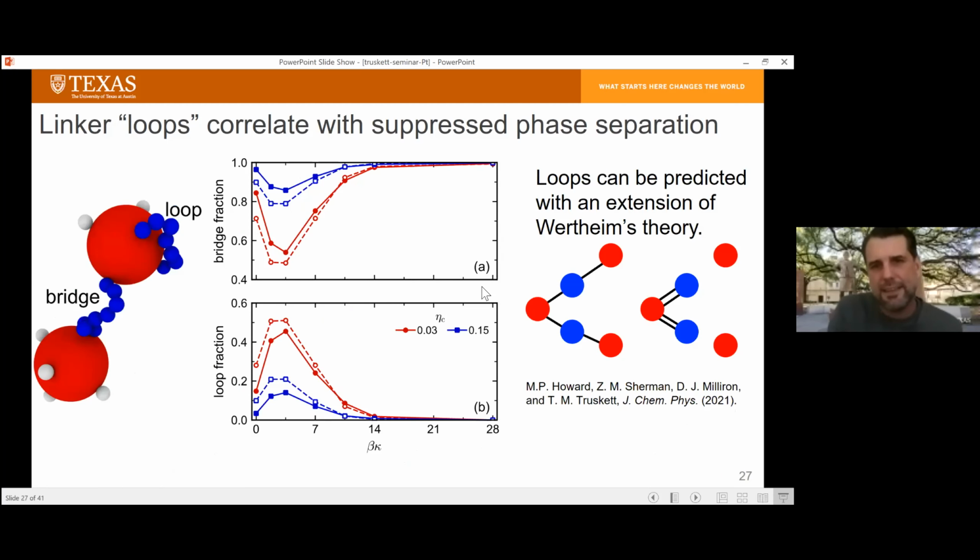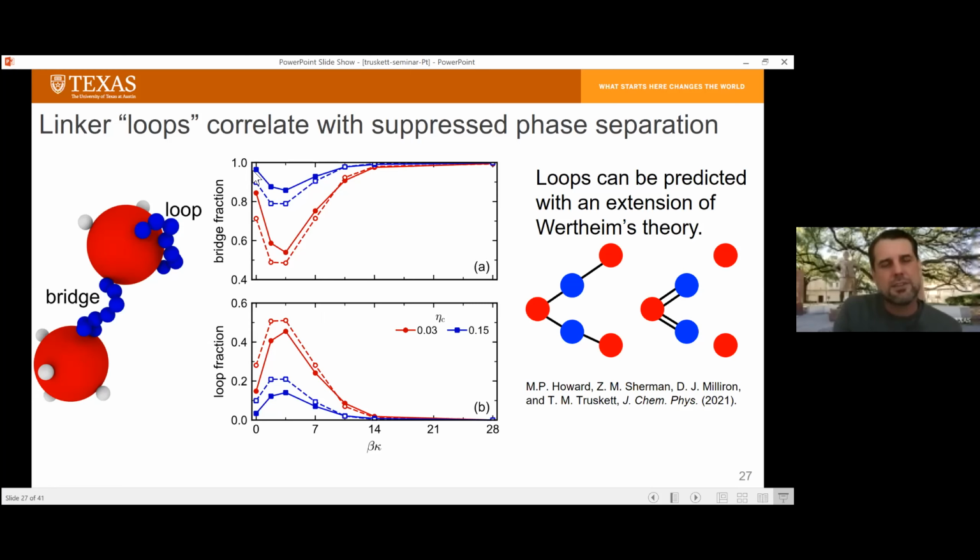And to try to understand that, Mike Howard, who is a postdoc in my group, derived an extension of Wertheim's theory, which accounts for these sort of self-looping interactions where a linker is allowed to do this. So it accounts for this kind of property. And what he sees in these systems is that for semi-flexible polymers of this length, as you increase the stiffness, for flexible polymers of tunable persistence, what we get is that if you start at the flexible end,